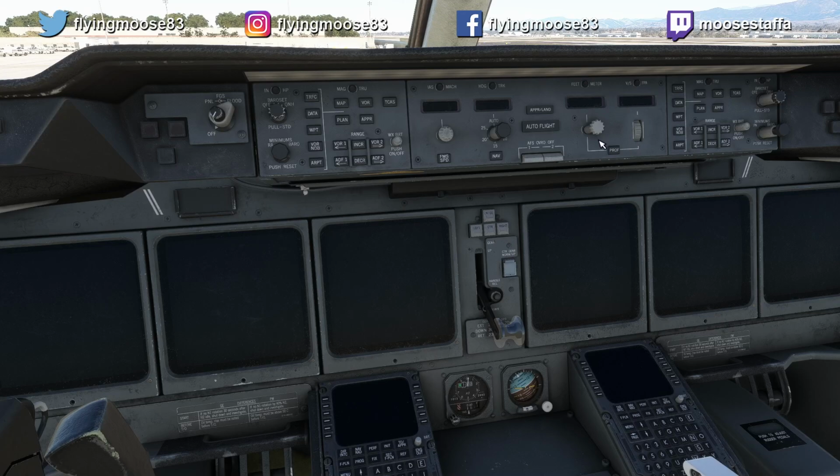And then if you do pull it, then you can attain that altitude if you're not already there by setting your vertical speed here, and you can change between vertical speed and flight path angle. I've never used flight path angle, but it's an option. Okay. Then back in the middle here, you have your auto flight button, your approach land button,